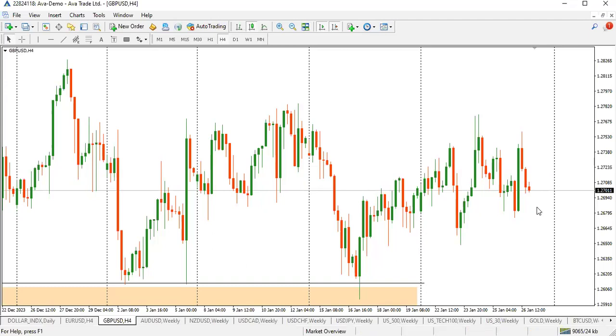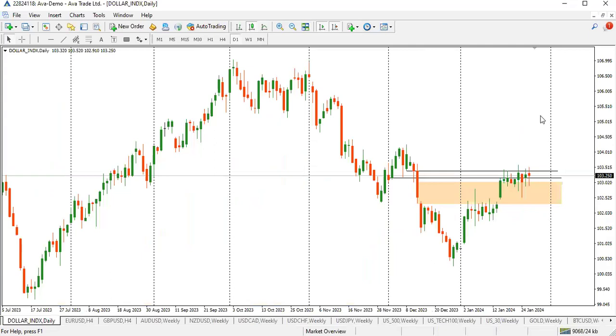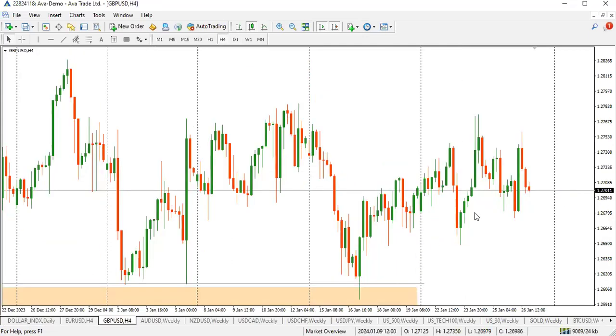No clear area of inefficiency to run to. Nothing. This is just messy. Except you're a scalper or an intraday trader or a day trader, you trade liquidity zones and then target them, but there's no clear trend to see. This is just pure consolidation. So until dollar breaks higher for a bullish run or breaks lower for a bearish run, that's when GBP USD is going to have a trending market. For now, if you're not an intraday trader, please stay out of GBP.